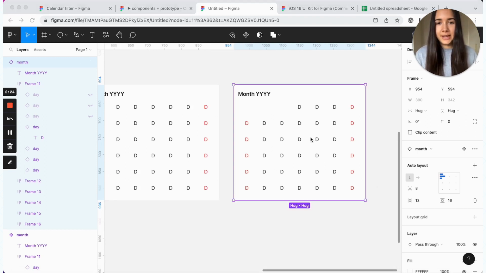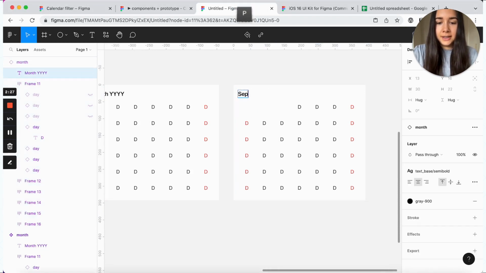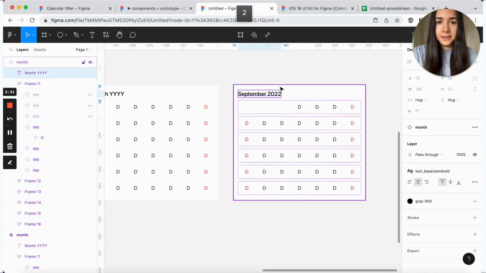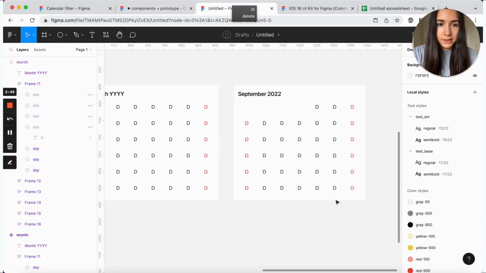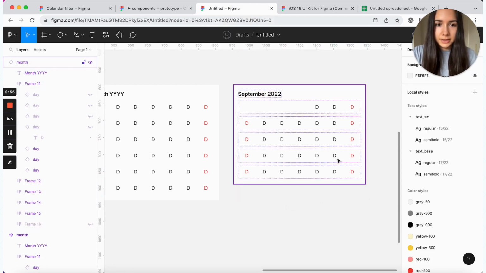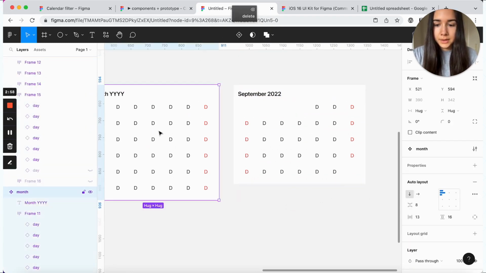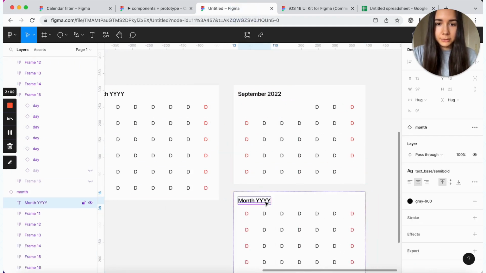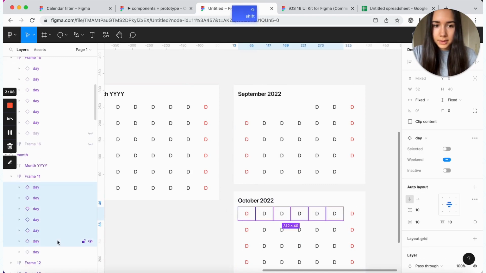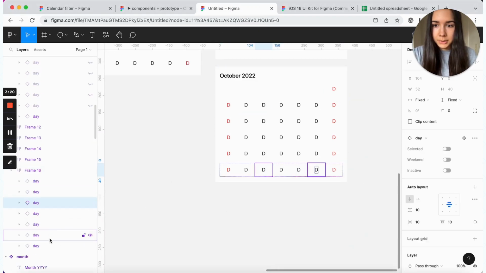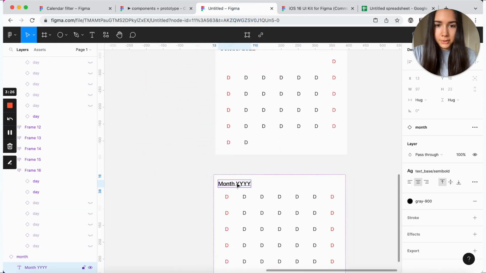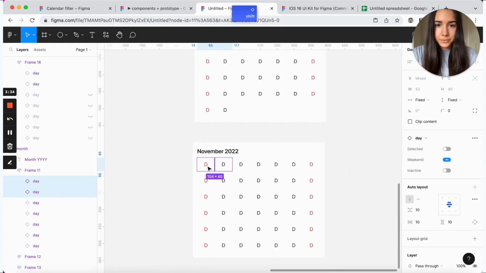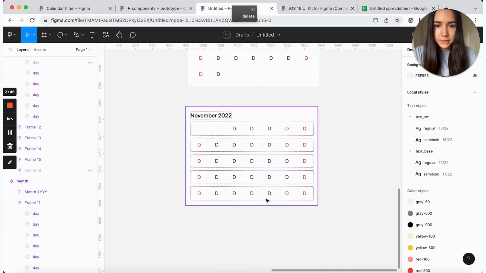Before we get into that, we can just make 3 copies and name our months here, and just make sure that we have the start and the end placed correctly. So this one will be here, and we don't need the second row, and we don't need this one here. Then we'll grab another instance. This one will be October. And we don't need these ones. And then our last one is going to be November. We don't need this. We don't need this one.